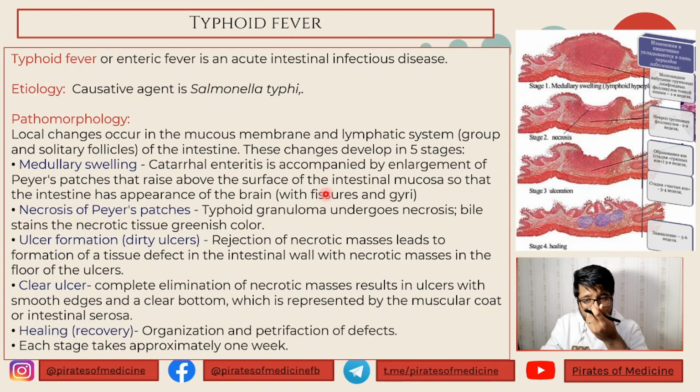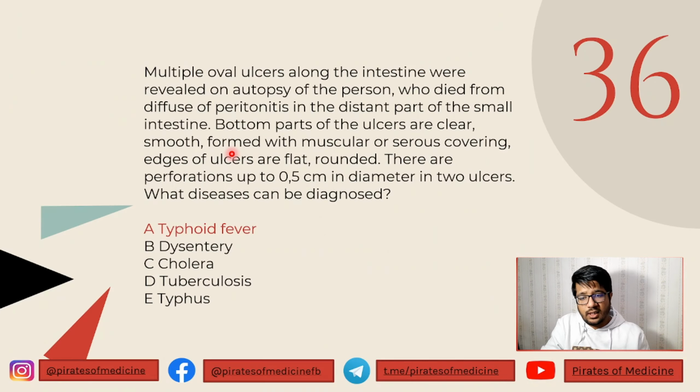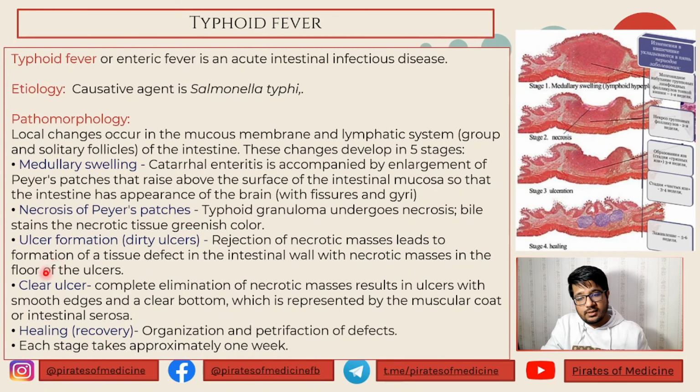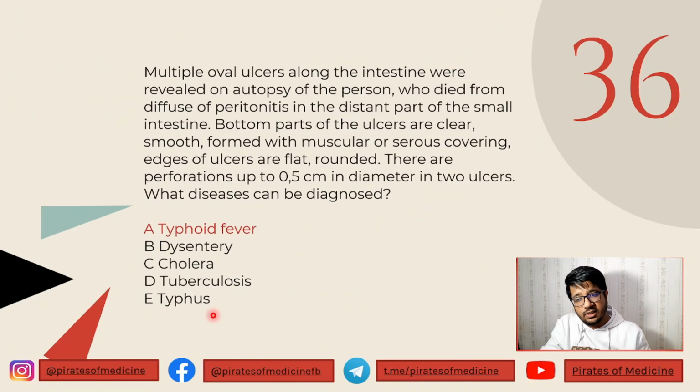Now, if you remember our first video, we talked about typhoid fever. So the symptoms in the question are in accordance with typhoid fever. This is the ulcer stage, and in the ulcer stage, the ulcers have perforated, which I told you about. If the ulcer gets perforated, all the content gets into the peritoneum, causing peritonitis, which is seen in this patient, and therefore this is the diagnosis of typhoid fever.